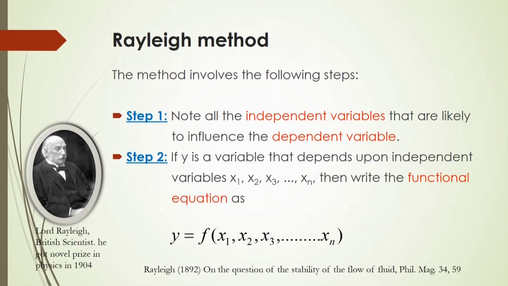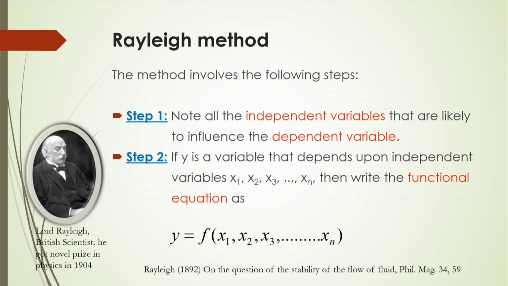So, if we consider that y is a variable for a particular operation, y is a variable that depends upon the independent variables, maybe n number of independent variables, maybe 2, 3, 4, 5, 6. That depends on the experiment; it will vary from experiment to experiment, depending on what type of experiment you are doing.